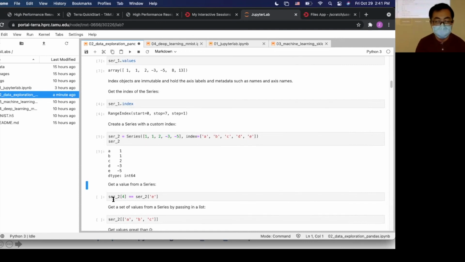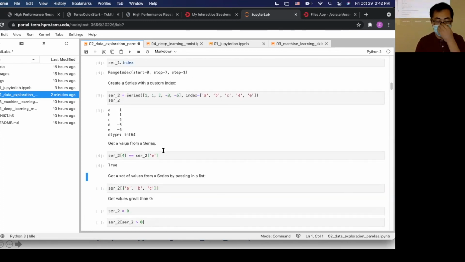For example, here we use series square bracket 4, or you can also use the custom label, for example the string E. Because it starts from 0, the integer index goes 0, 1, 2, 3, 4, so 4 is actually at the same location as E. So we expect this should be true, because they both go to -5. This is how you get a value from a series.